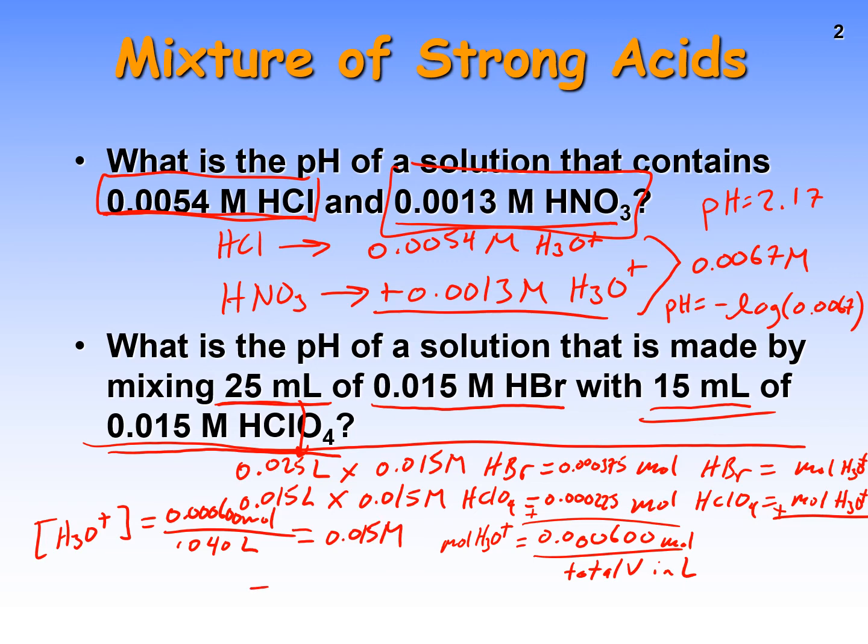This means I can now take the negative log to get my pH, which is equal to 0.015 molar. Negative log of that is going to give me my pH of the solution, which is about 1.82. And so these are the two kinds of problems you might see for a mixture of two strong